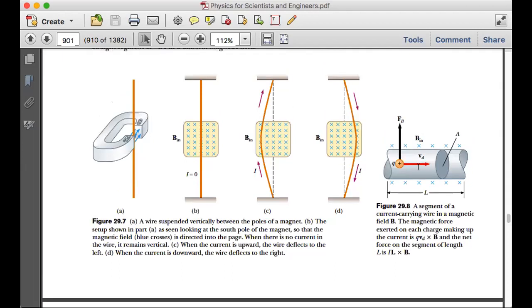Okay, this figure 29.8, you see that, for example, this positive particle moves to the left, sorry, to the right. So you set, for example, this v in the direction of the velocity, this v drift, and the rest four fingers is B in. Okay, the force should be up like this.